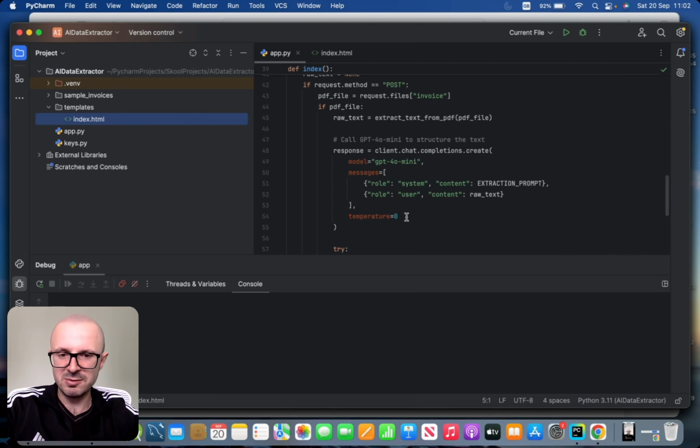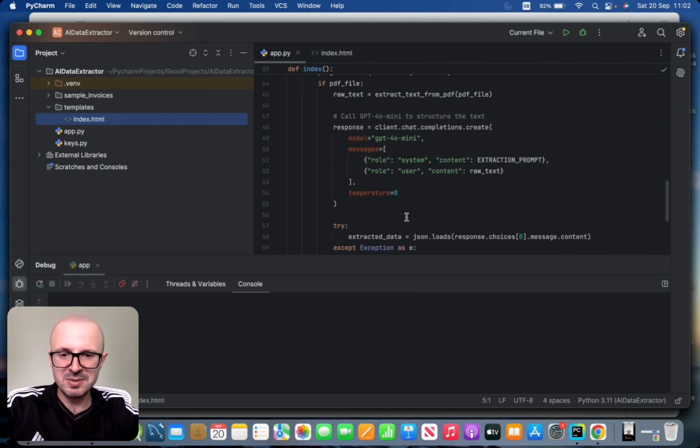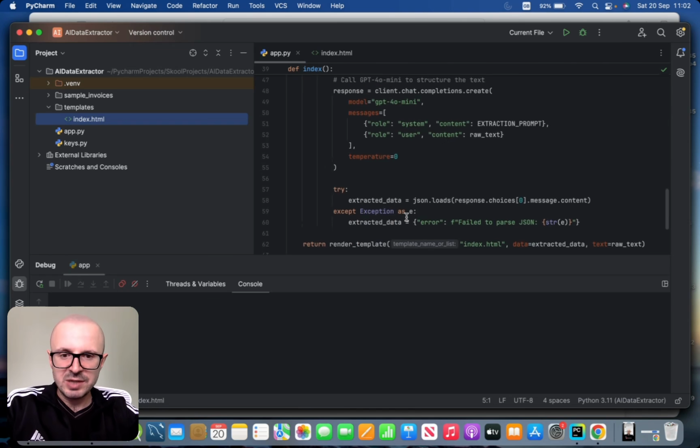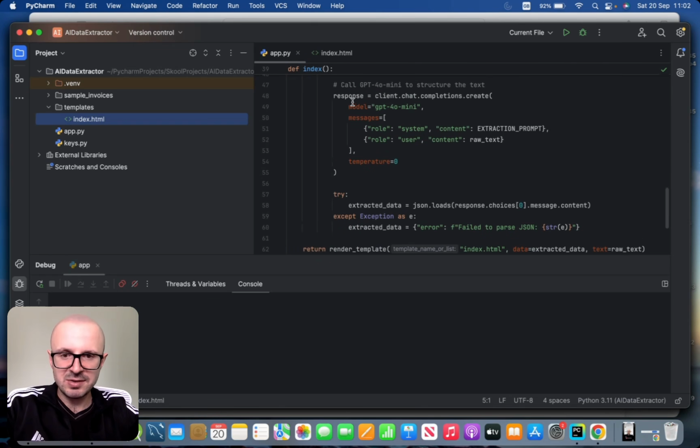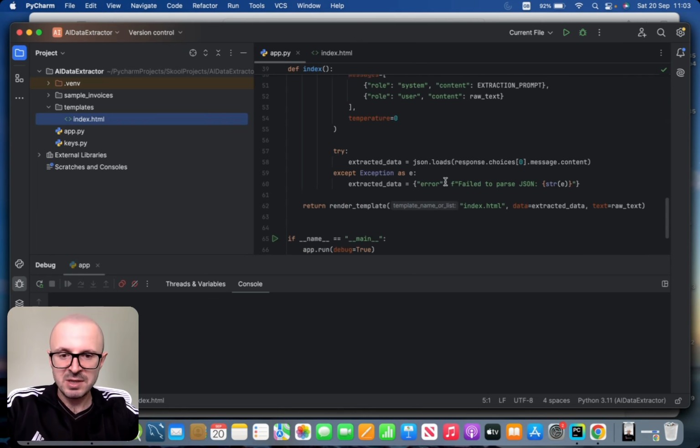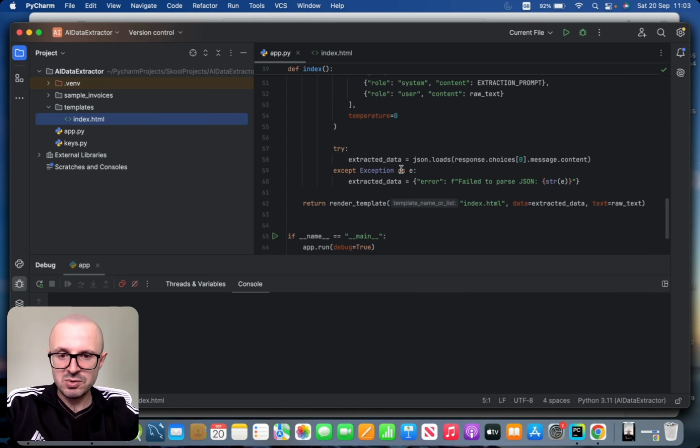We don't want ChatGPT to invent some data for us and return some data that doesn't exist. What we do next is this returns a response, and in here we parse the response into JSON, and the extracted data is actually in JSON format. If we have any issues converting that to JSON, then we return an error. Finally, we render the template again by passing the extracted data and the raw